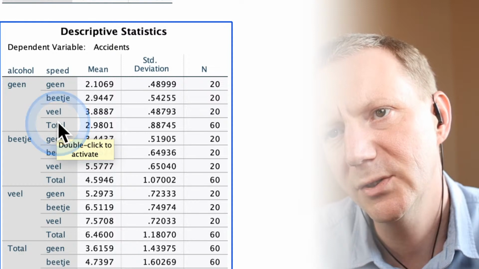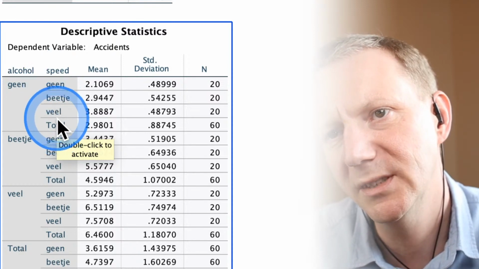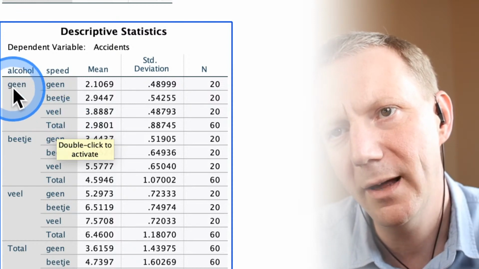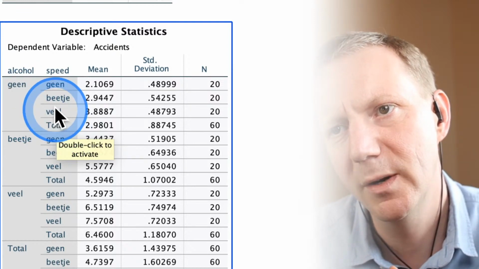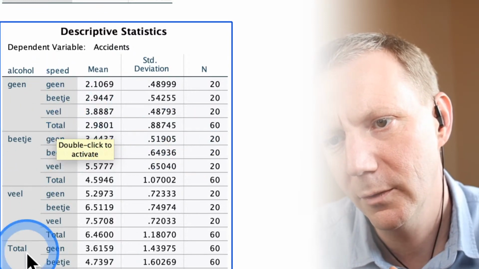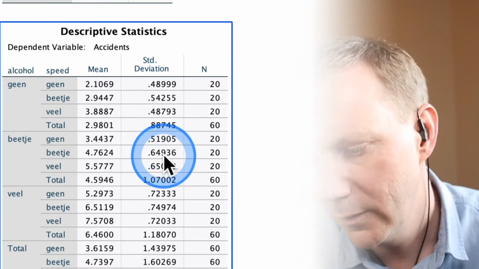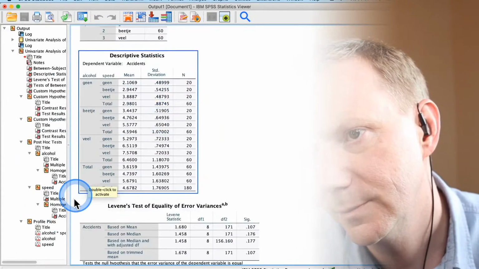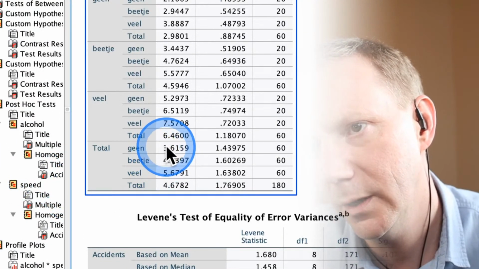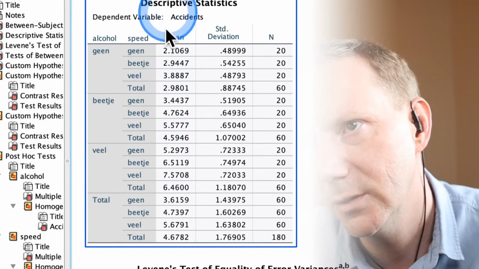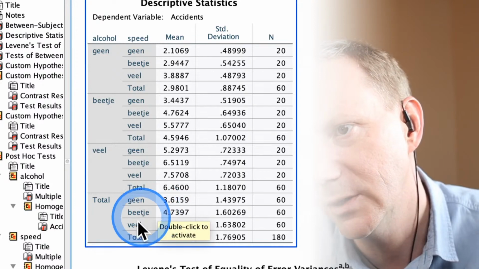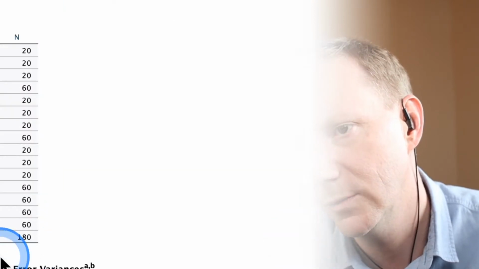And total refers to the fact that you combine all these three. So the total refers to the mean in the no alcohol condition, disregarding the scores for speed. And you have that for a little and for a lot, and then you finally have for the totals, what are the averages in the no alcohol condition, in the no speed condition, what are the averages in the a little bit of alcohol condition and a lot of alcohol,